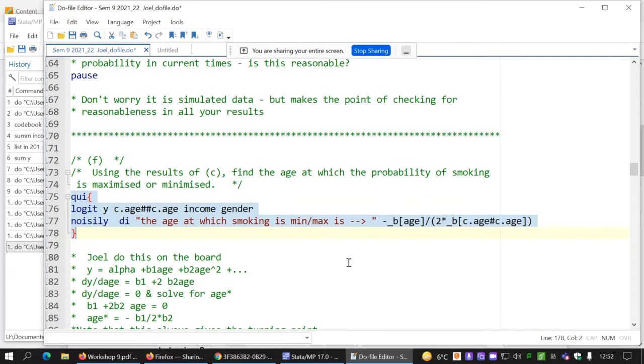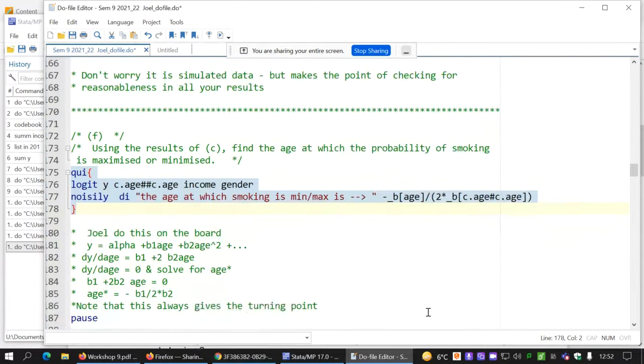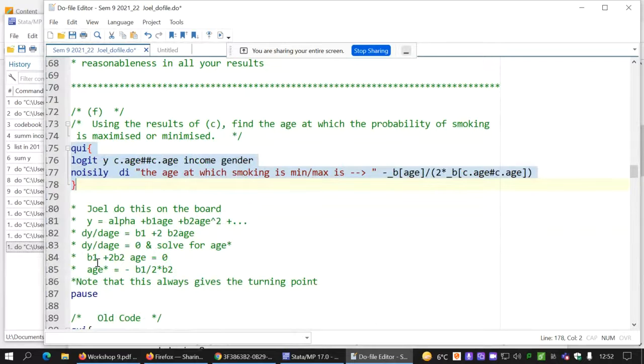And that comes from a differentiation of your model. Let me just put that on the board and show you what I'm talking about. Well, actually, I've got it here in my do file. So what you're doing